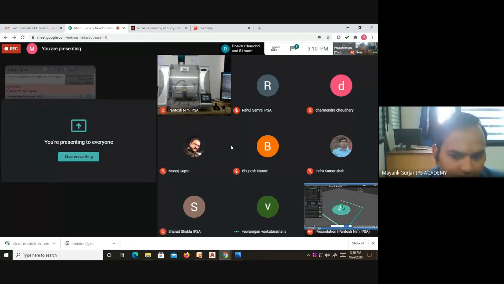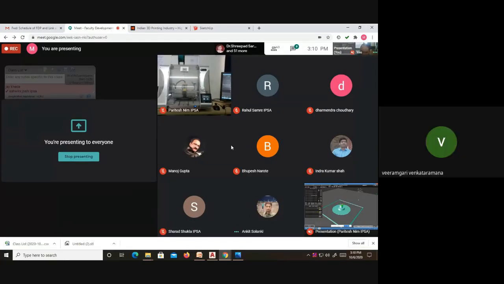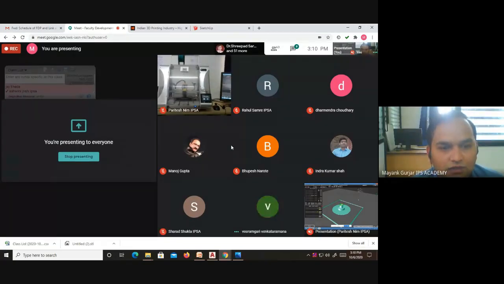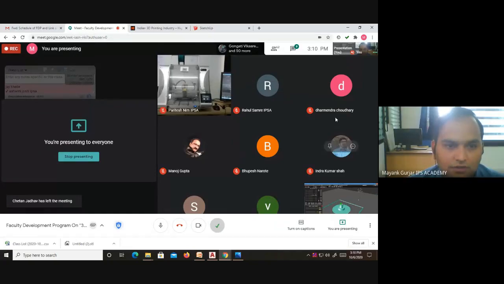So in this case, we just draw a dumbbell as it looks. We do not draw or model any support structures. Yeah, the support structure is already given by the software. We just click yes, we need a support structure. As we click, the support structure will be generated where the part is overhanging, where the part surfaces overhang with reference to the base plane. Thank you, sir.